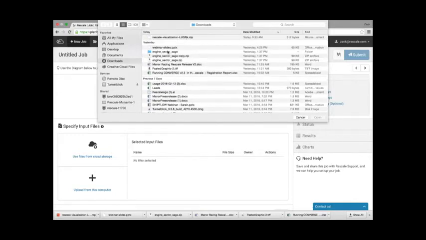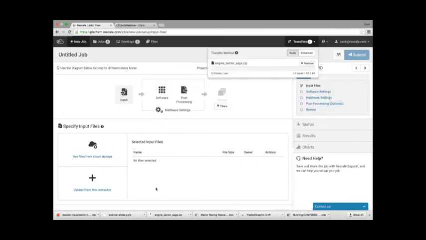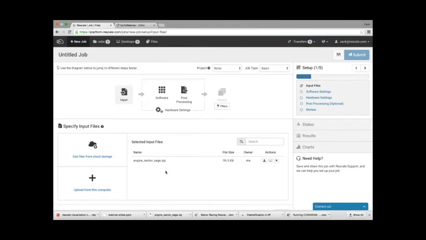So in this case, I'm just going to choose one of the files we have over here, and it's automatically being uploaded into Rescale. The file is in zip format. We actually know how to open it and leverage the right files from the directory. But if it wasn't, you could see some of the files, or you can just choose to download it or delete it. So this is the first step. Pretty simple. The assumption is that you have the GUI client of CONVERGE, and the GUI client was the one generating those files for you.